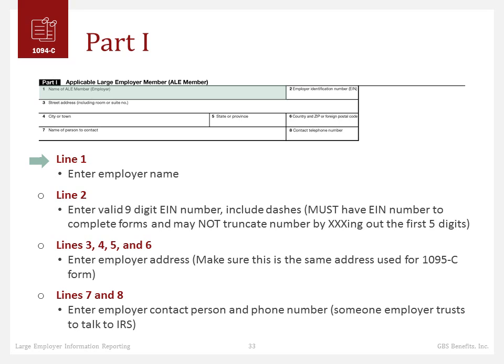We'll kind of zip through this because it's super easy compared to the other things. You just need to enter your name as an employer, your EIN number, which you cannot truncate. You can't X out some of the numbers. You've got to put the phone number there. You enter your address and make sure it's the same address you're going to be putting on your 1095Cs for all your individuals. And then lines 7 and 8, you want to put a contact person and phone number of somebody there at your work that you trust to talk to the IRS. So if the IRS needs to contact you as an employer,